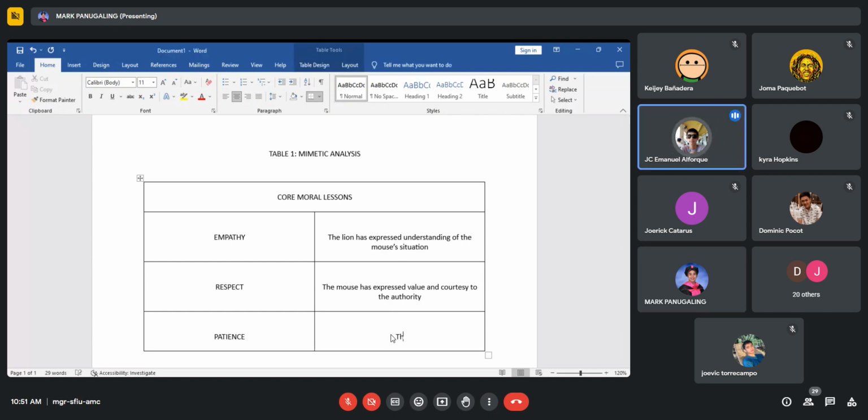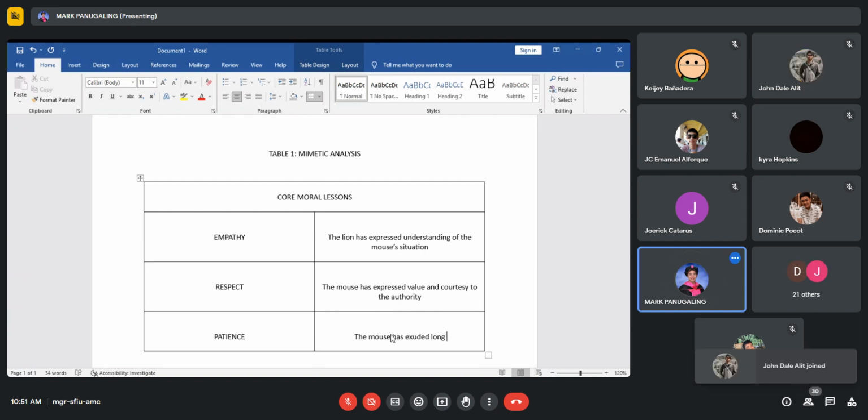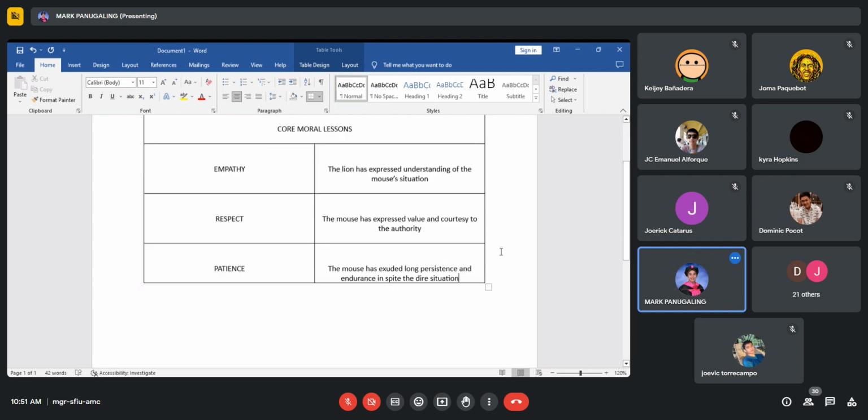Kindness, Doc, is the moral lesson. The mouse has exuded long persistence and endurance despite the dire situation. And below this, you can put there, sorry,